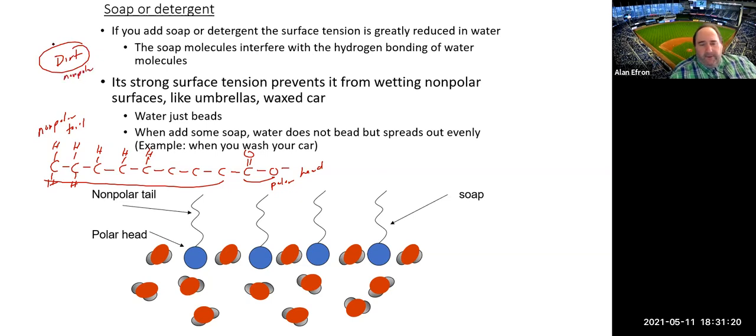So what ends up happening when you use soap is the nonpolar part of soap, and I'll just draw it as a squiggly line, which is a very bad line structure, will be really attracted to the dirt, as we were just talking about. They're both going to use dispersion forces. They're going to mix really well. And what that ends up doing is creating what's referred to as a micelle. What we have on the outside of soap that has surrounded all this dirt and grime